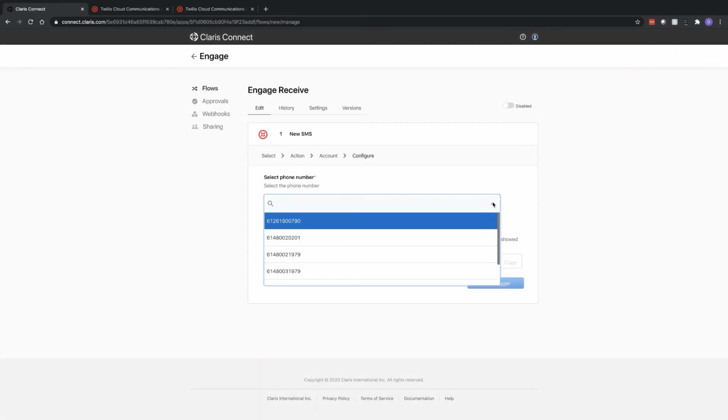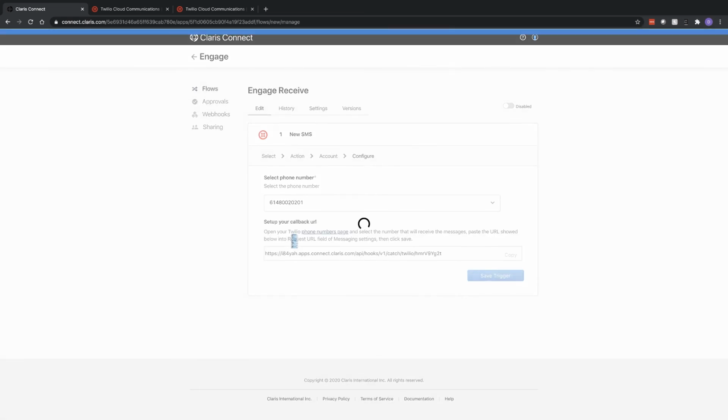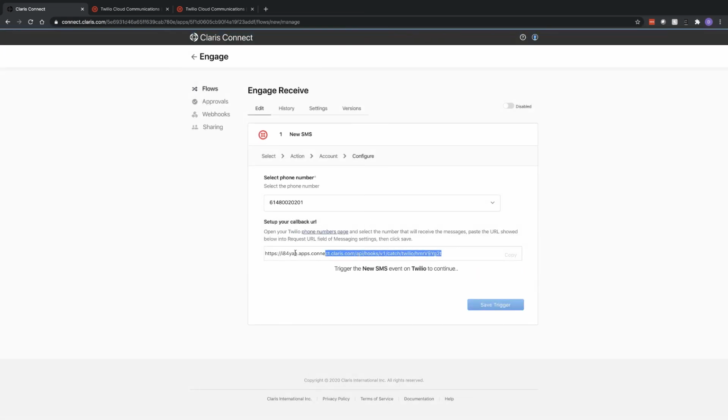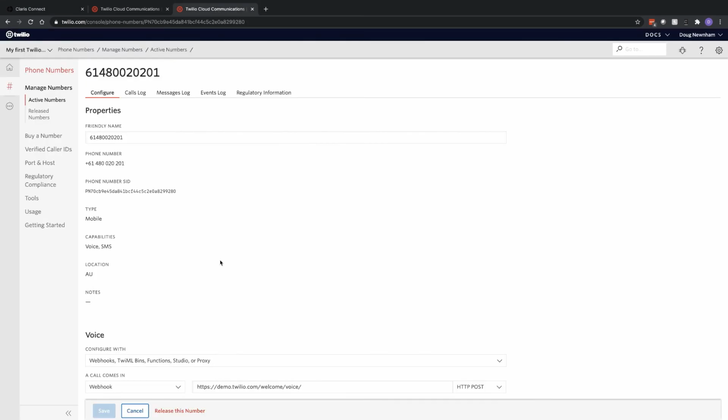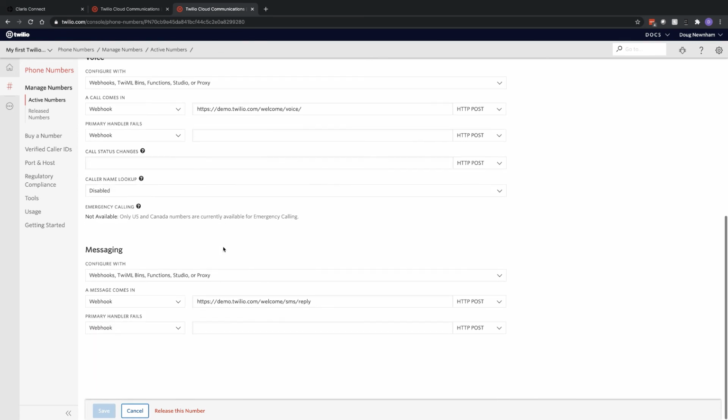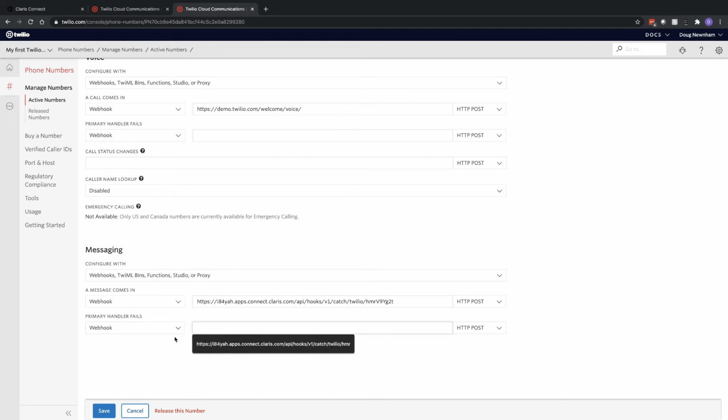Select the phone number we want to receive on, which generates a callback URL, which we can copy. We go to the number. We paste that information into the message comes in webhook area, and that's going to tell Twilio where to send